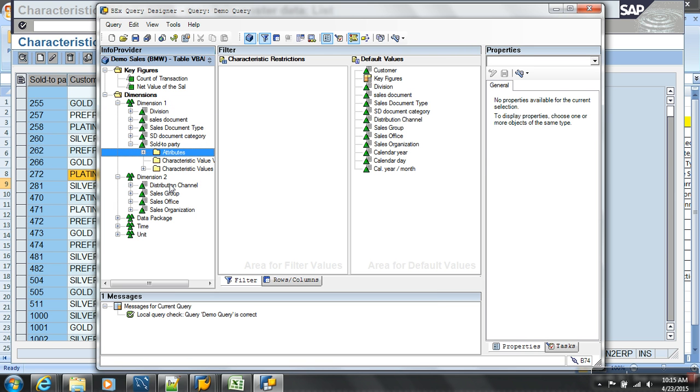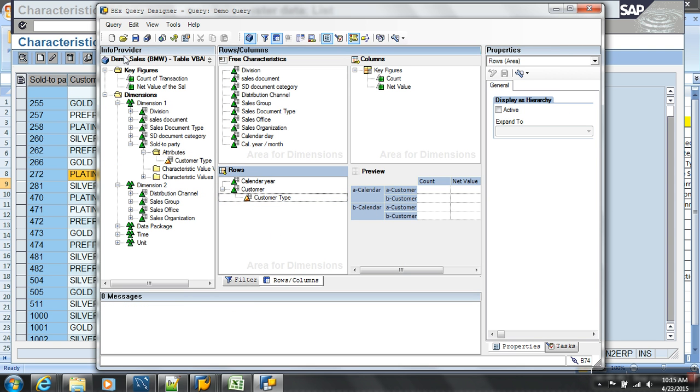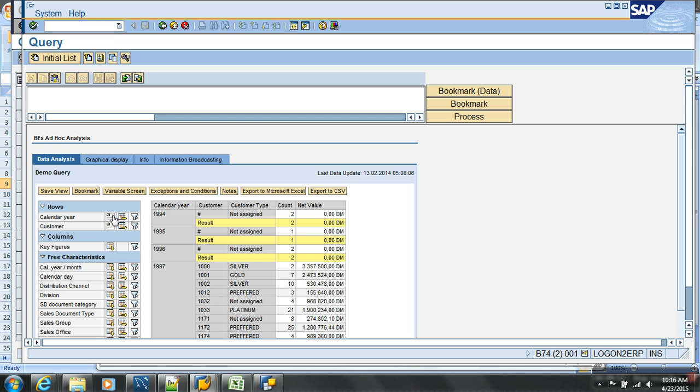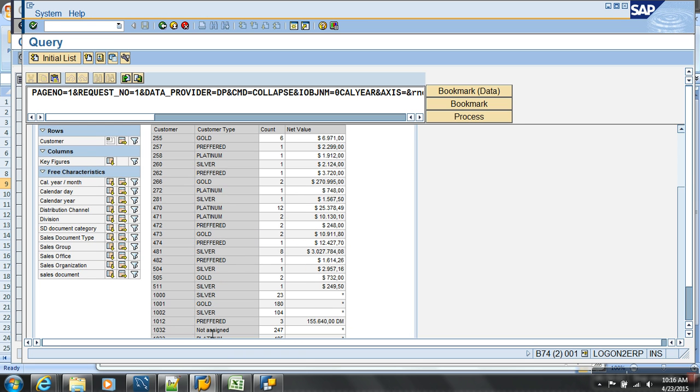Now I'll get into this sold to party. Do you see a folder like attributes now? Expand, you get to see the customer type. So all the properties you maintain as attributes, you get to see as attributes. Now you can drag this onto the customer. Now save. Now go to the report where you're running it. Now try to run the report. Now remove calendar here. Just look along with customer. Do you get these types also? That is attributes. Did you understand the importance of attributes? Importance of text. Yeah?